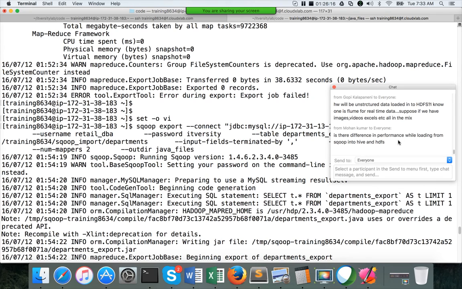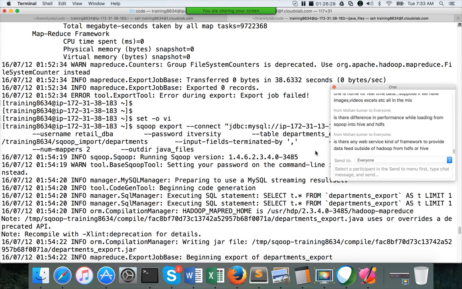Okay, and the next question is, is there a difference in performance while loading from Sqoop into Hive and HDFS? No, even if there is, it will be very, very little. When you do a Sqoop import into Hive tables, first it will load into HDFS and then copy from HDFS into Hive tables. So it's a two-step process.